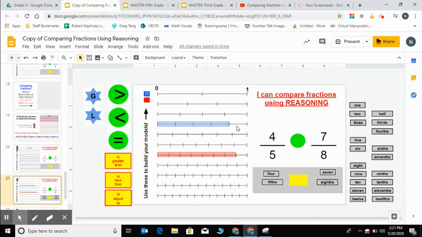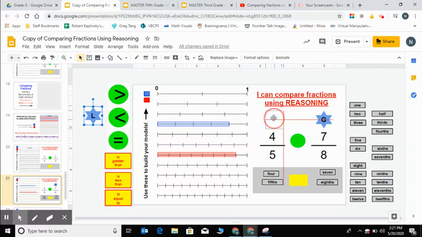4/5 is 1/5 away from one whole. See? 7/8 is 1/8 away from one whole. Since 1/8 is a smaller piece than 1/5, 7/8 is actually closer to the whole, which means that it's greater than 4/5. So I'll put a G over 7/8 and an L over 4/5. And when I read this, I'm going to read it from left to right. 4/5 is less than